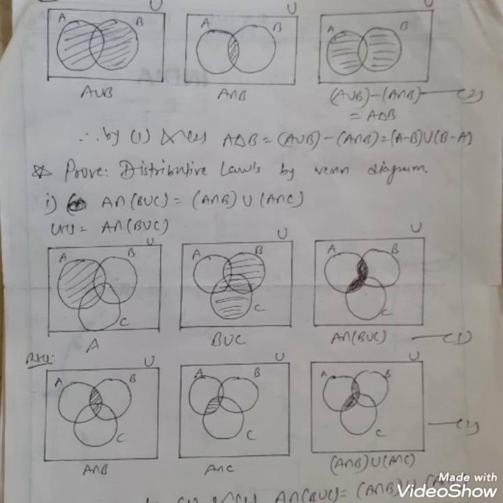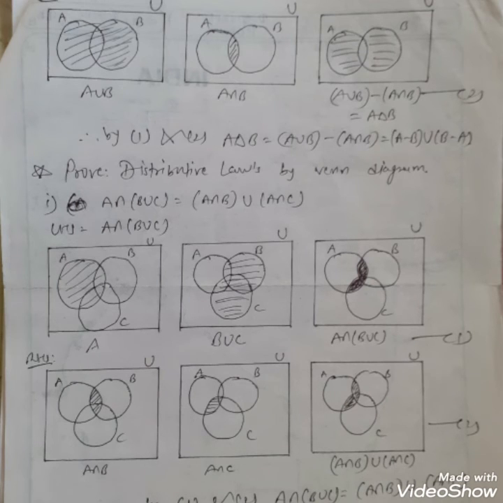that is A union B, all the elements which are in A or B or in both, and A intersection B, only that part is darkened where the common elements are given. So the difference elements are present in A union B but not in the intersection, so the intersection part is empty and the other part is darkened, that is called the symmetric difference set of A and B.